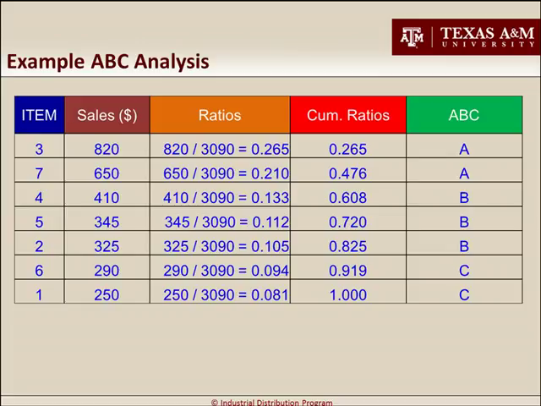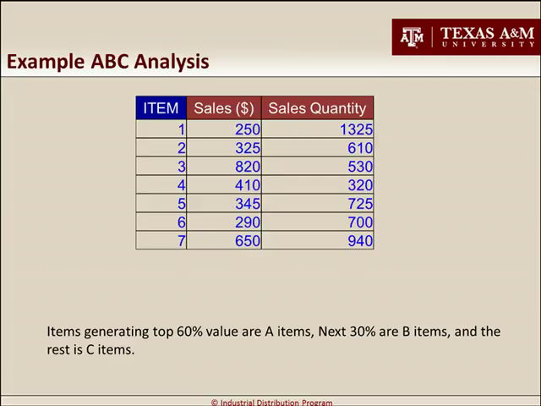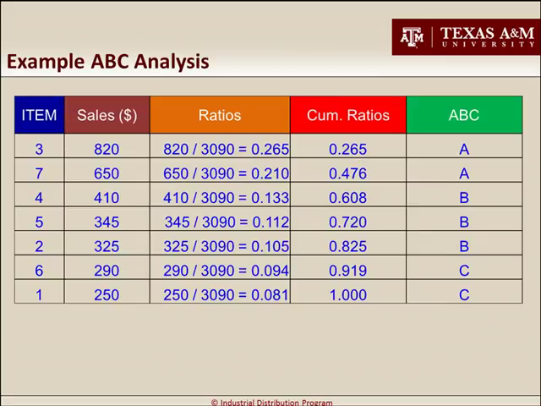Now, once you calculate these cumulative ratios, you can create the ABC analysis. If you remember, top 60% are A items, next 30 is B, and the rest is C item. So I'm gonna look at the cumulative ratios and keep an eye on that 60 and 90% numbers. So first item is A item, item 3. Item 7 is at 47.6%, so it's still an A item. The fourth item is